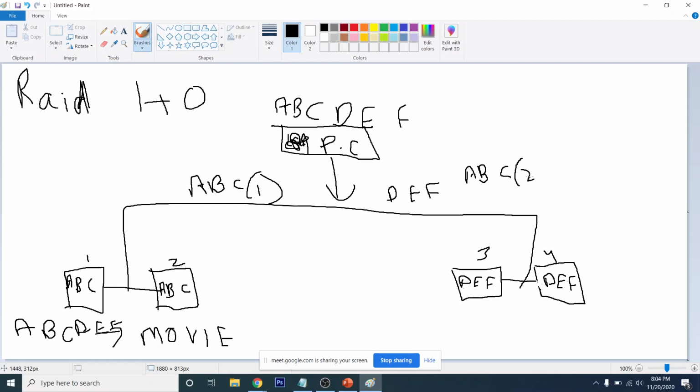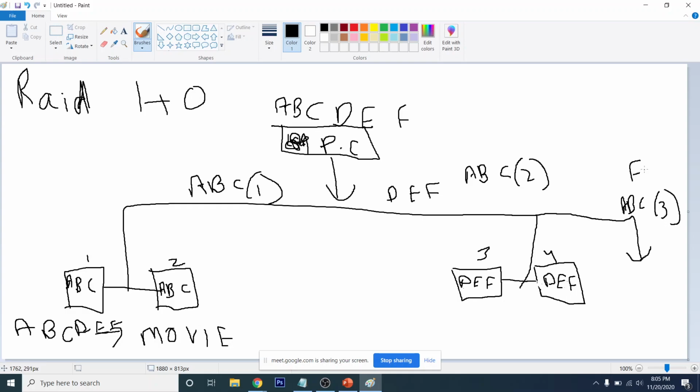I have taken the example of A, B, C, D, E, F to make it easier to understand. You can also take the example of ABC1 and ABC2. But then the question will come: if I have more drives, how can I use them? It is also very easy. One more tree will be adjoined here, and you can name it ABC3